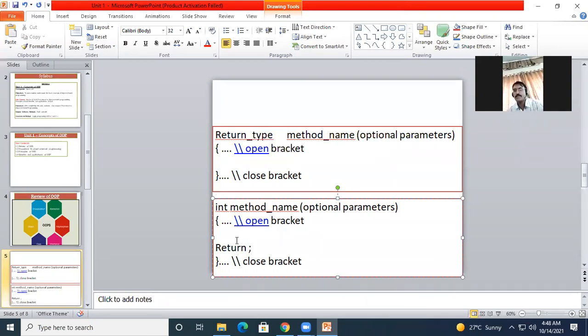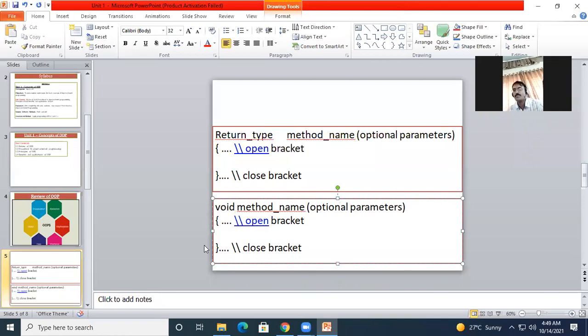But if you have written this void data type, it will not return any value. Now the method name, the basic method in C is main, void main, and here the parameters are optional. Most of the time you find it this way: void main, open and close curly bracket.